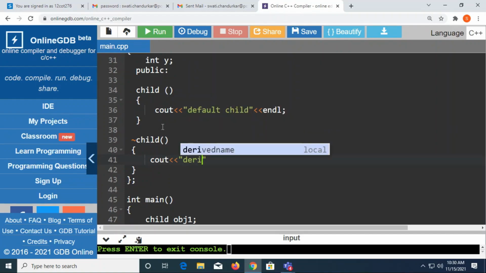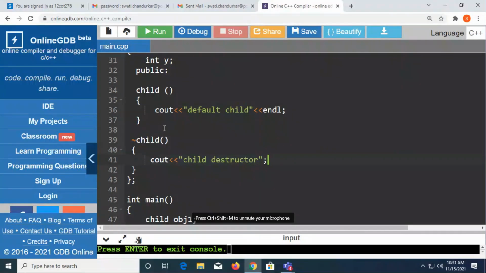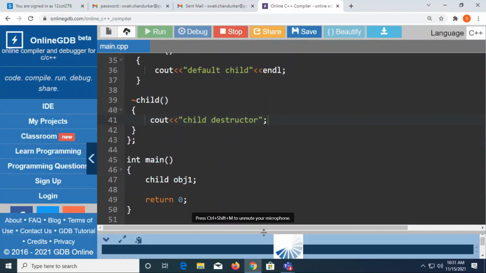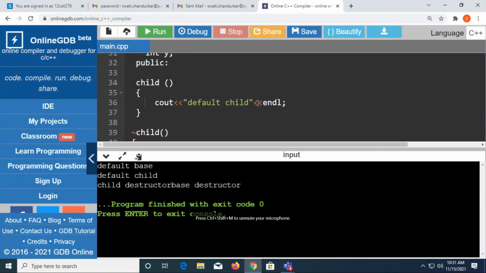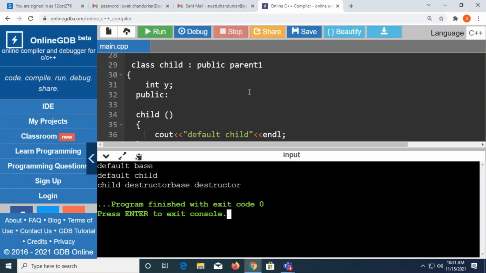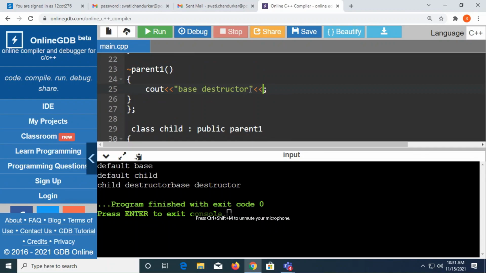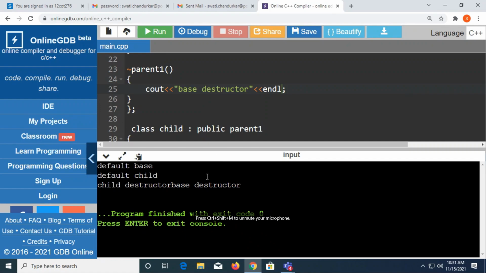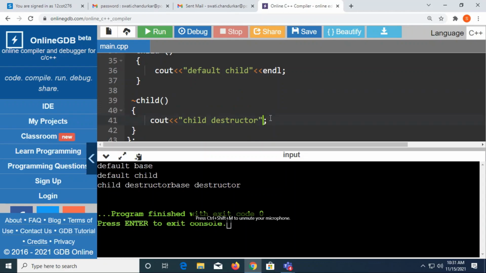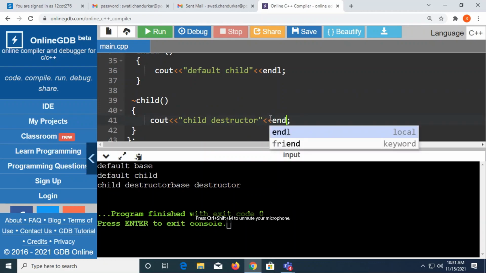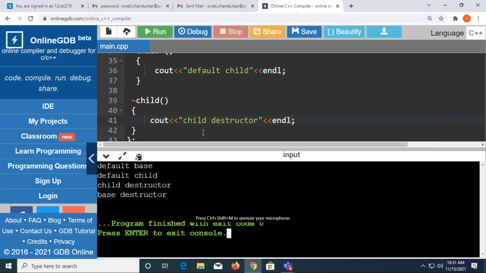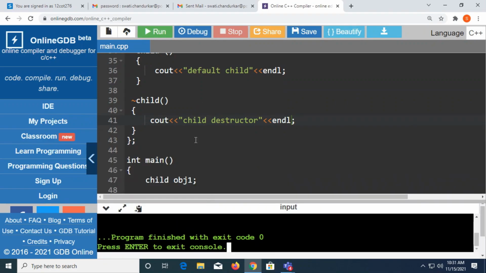This is derived. I will say child. So the destructor is working exactly opposite to your constructor.